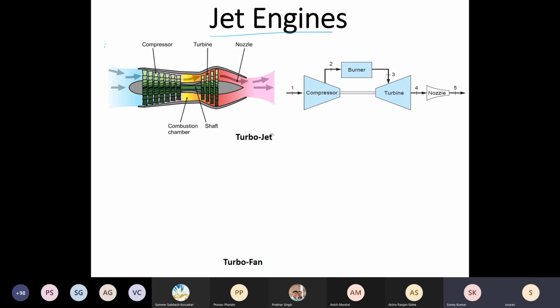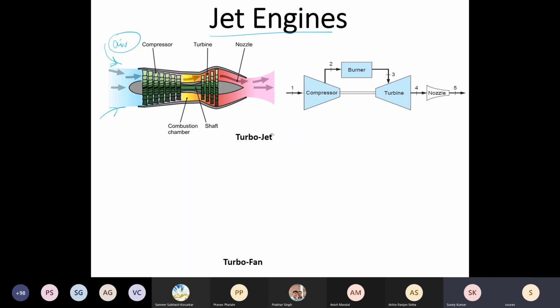So you take in air from the ambient, you compress it, you provide heat. So your air is the working fluid. If you were to look at it as a standard air cycle, you have air coming into this compressor